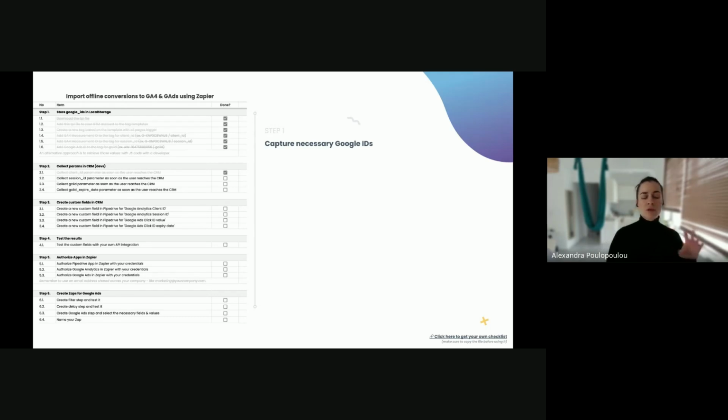We are going to capture these IDs and store them in the local storage. Then here is the only part of this setup where we are going to need your developers. When we capture this information from cookies, you need to save it and store it in your CRM every time a new lead is registered. Again, this step is important for all CRMs or implementations.